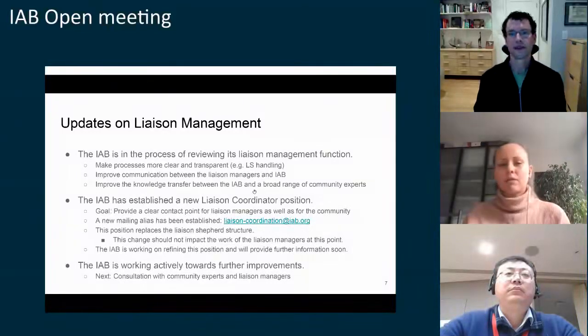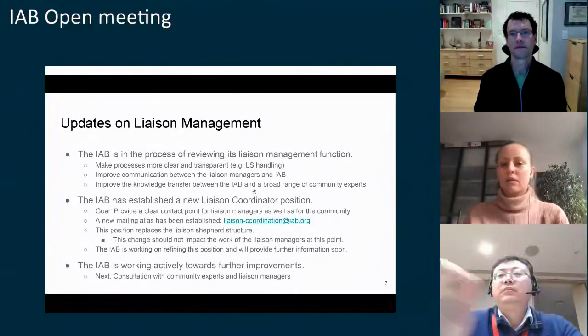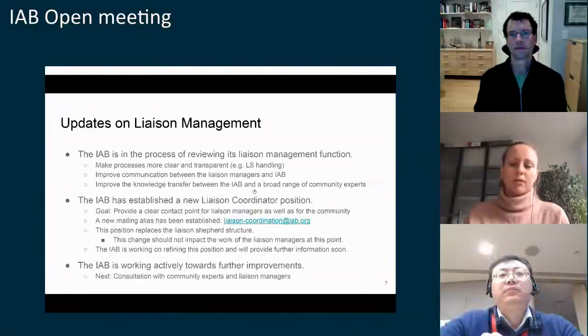But the other point is really to figure out where we need to go and who we need to talk to. I see that, independent of the strict liaison management itself, as outreach. It's about figuring out what other SDOs and organizations are doing and making sure we are well aligned with them. That's definitely a big field where we need to do more work.